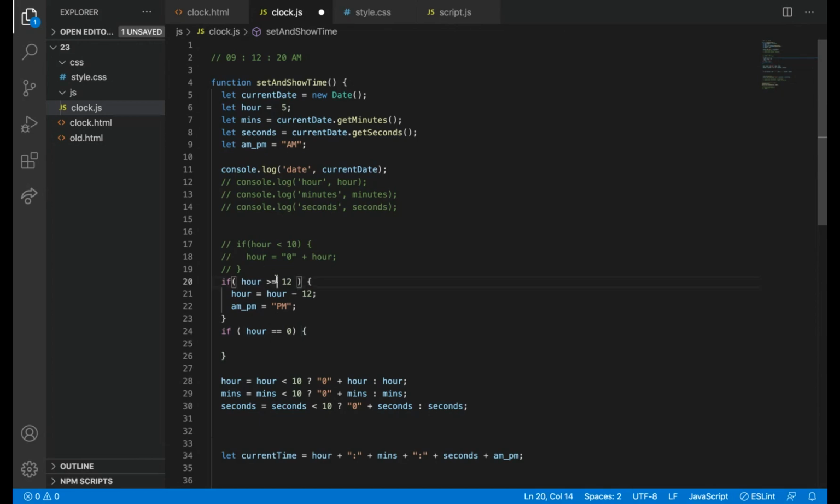So what I'm going to do is remove this. I'm just going to check for 12. We did only greater than 12; forget the equal to part. So only after 12 o'clock, it will do this calculation. If it is equal to 12, it will just change the AM PM only.